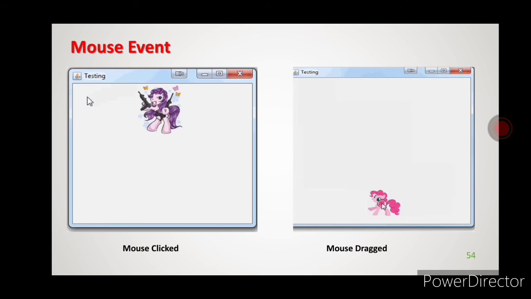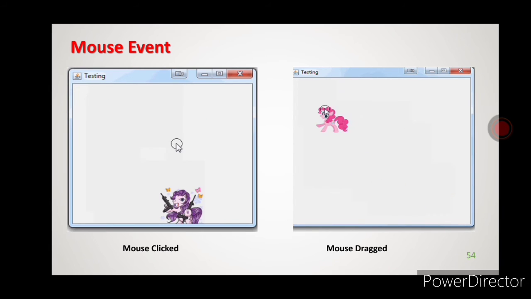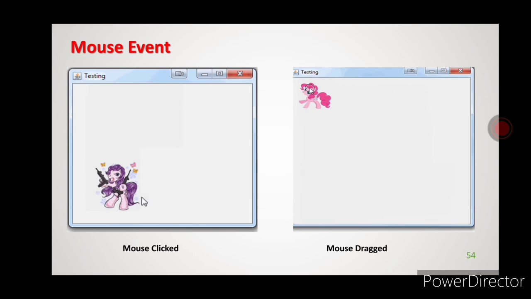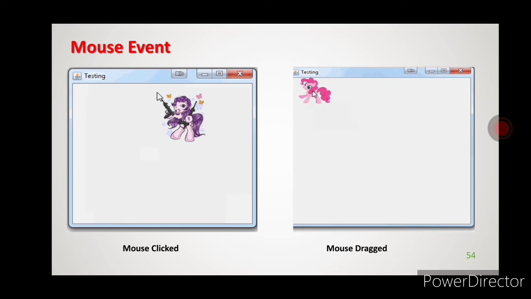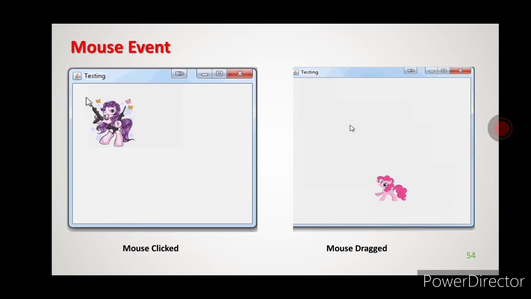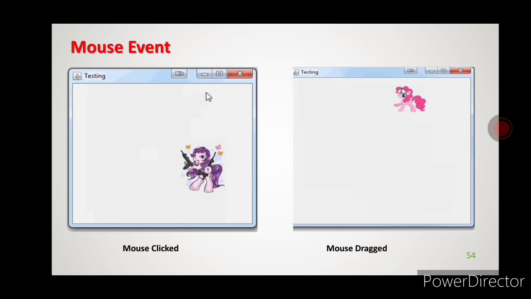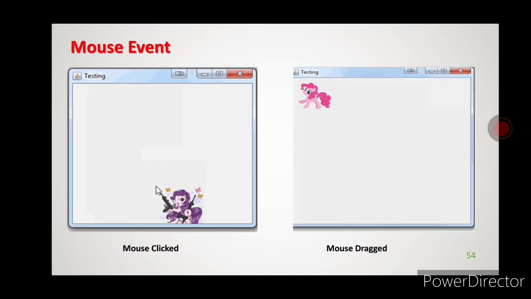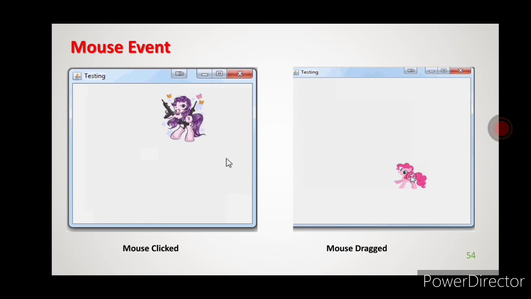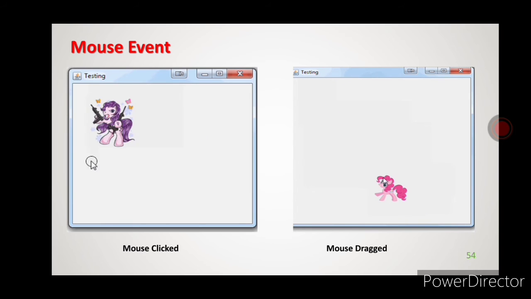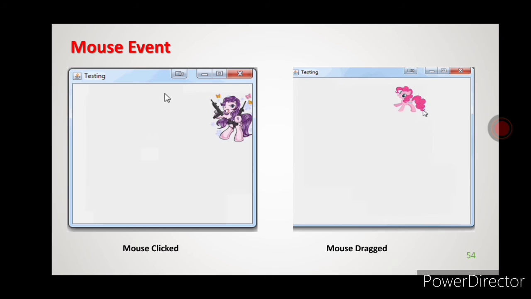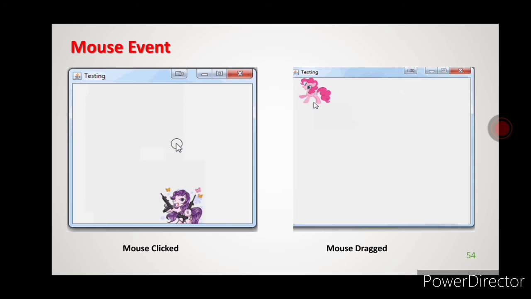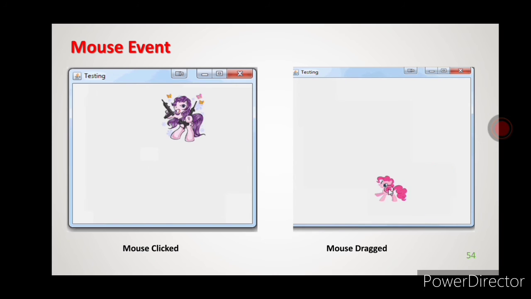When he clicks, at that point this method will return the x and y coordinate values of that click point. On the screen, on which point he has clicked. A point is nothing but x comma y, the x coordinate value and the y coordinate value it will return.